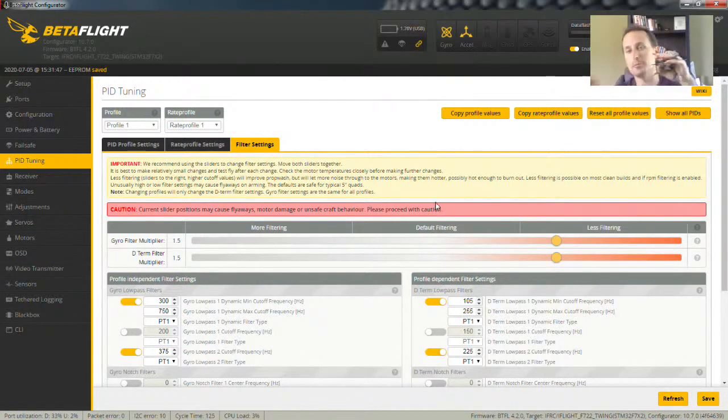A PT1's roll off of the filtering is more gradual, where a biquad is kind of straight and then it just cuts off a lot steeper. So that had issues. So then we went back to a PT1 type of filtering scheme,